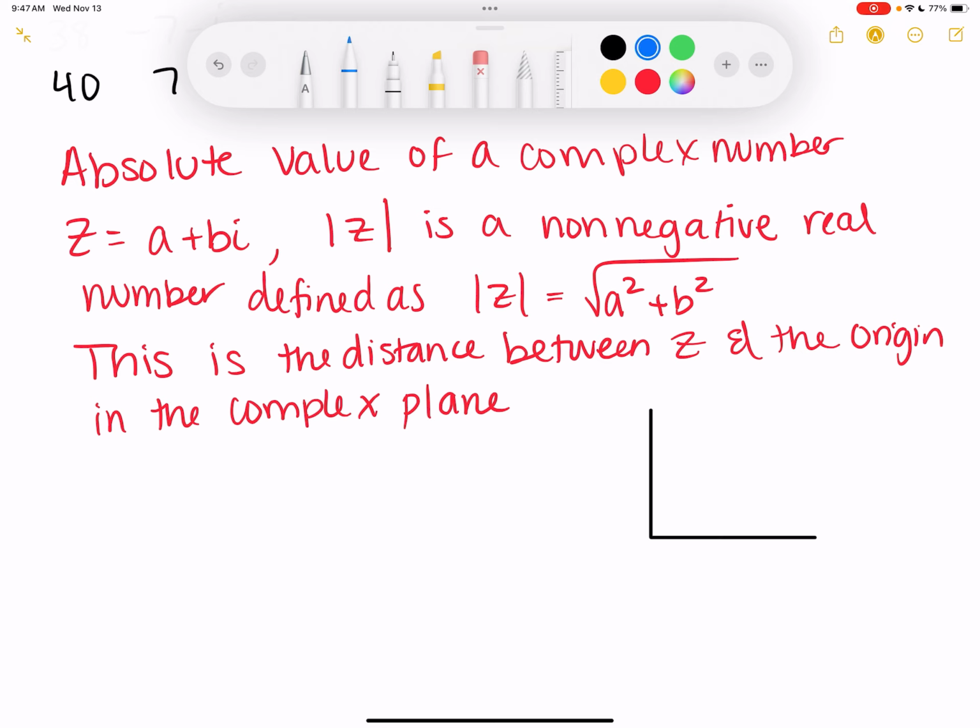All right, so I have here the absolute value of z equals the square root of a squared plus b squared. The real part is here, hence why we do this after we have graphed these. This is a, which is the real part. Going up here, this is bi, which is imaginary. Now there's your triangle. It's a right triangle. So the absolute value of z is